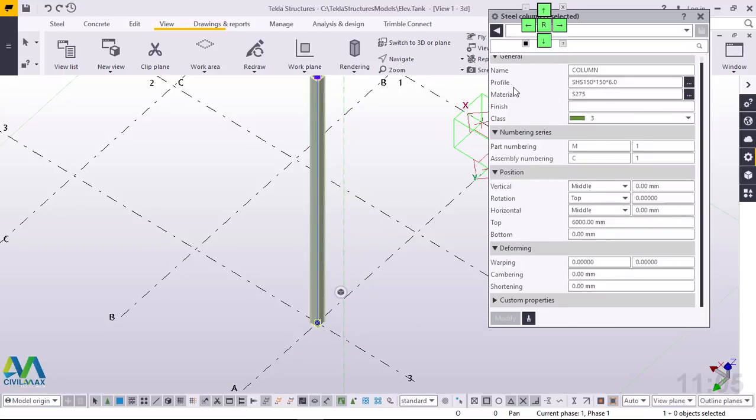This is where it is. This is the profile, and if you intend to change this, you just click on this radio button here, and this will take you straight to the steel catalog, where you'll be able to pick the best choice for your structure, or the best choice for your tower. And let me just click this so that you see where it takes us. I'll click on that,